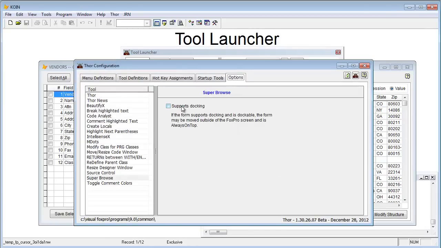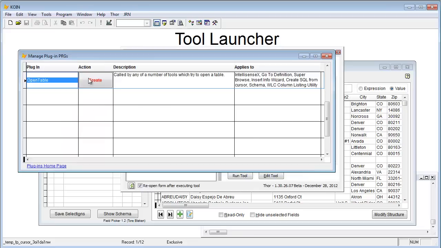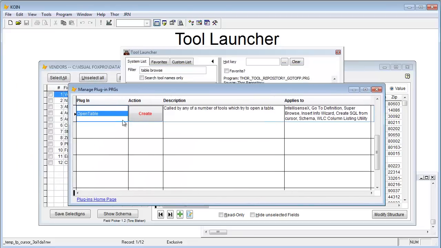In this case, Super Browse has one option available at this moment that lets you determine whether it supports docking or not. And also, some of the tools have plugins. A plugin is a PRG which, if you save it in the right place, will execute and replace default behavior. And when you click on plugins, in this case it'll show that there's only one that applies to